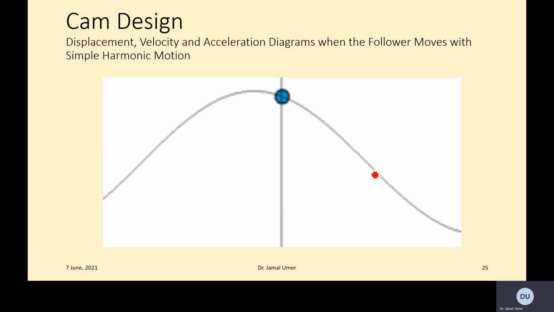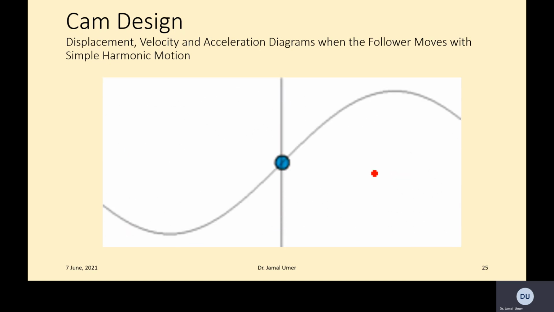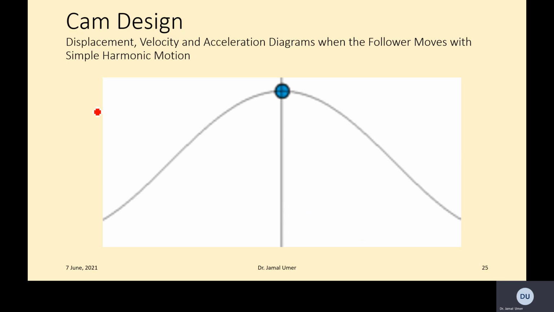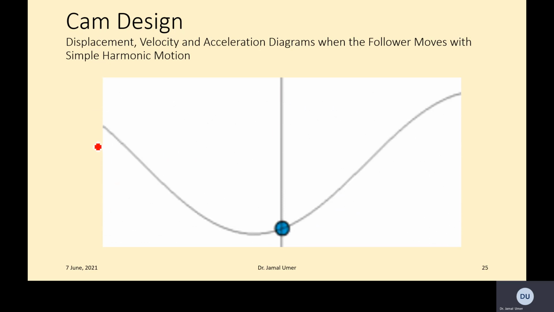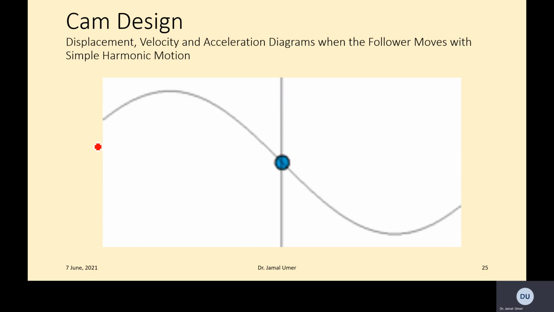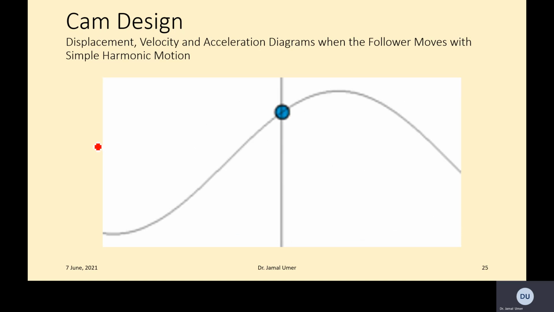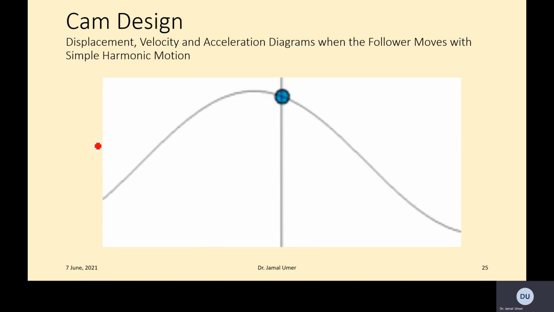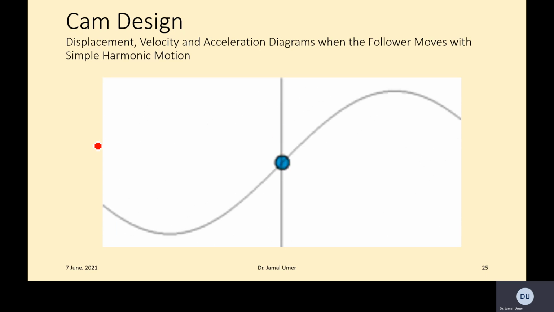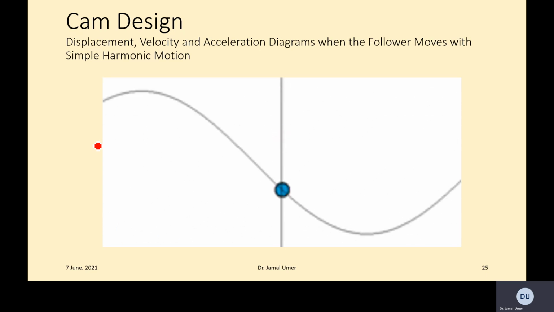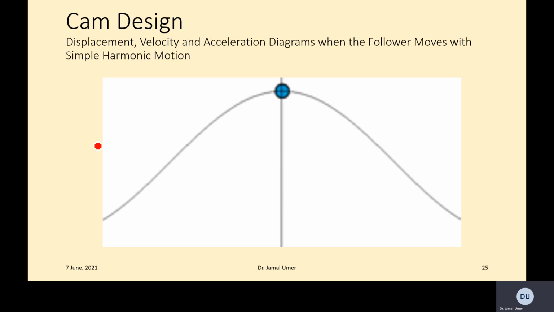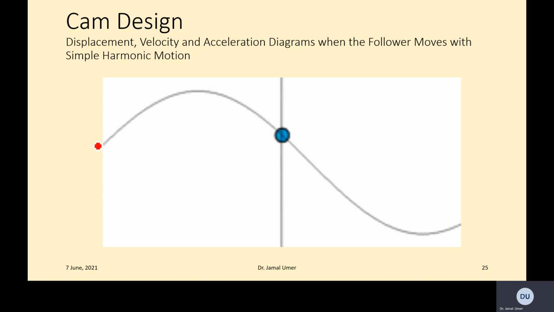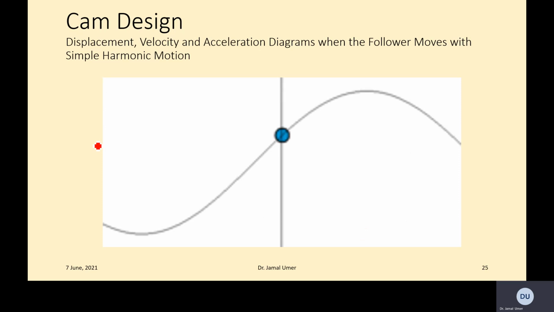All right, then, you see the follower moves actually up and down only. So the follower is moving just up and down, and it's following relatively like a simple harmonic motion. You might have seen such analysis for a spring mass system when the mass is oscillating to and fro, or the pendulum. So if the linear movement is happening,